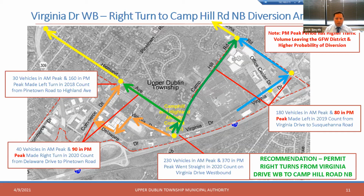So I do think that this move is justifiable, but I think it really helps the township residents, and that's what I was looking at this from, not just from the greater Fort Washington district perspective, but I believe there's a lot of people in the upper left neighborhoods of the Highland, Fort Washington, Summit, that area, the neighborhood residents there, that are going to come down Highland to Camp Hill, come down to Virginia and make a left to either head to the Wawa, to go to the slip ramps, to go to the Drescher Triangle, and this would be the return move. So I do think that a lot of residents in that section of the township would be served by the right turn move, and you can do it from an operations and safety perspective. So I do recommend that turn as part of this